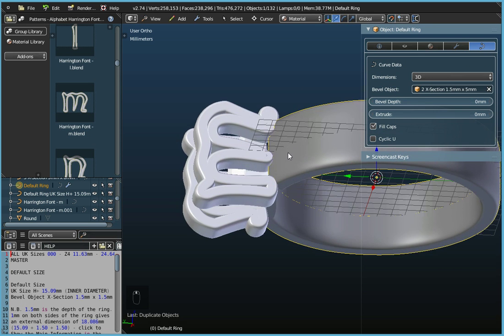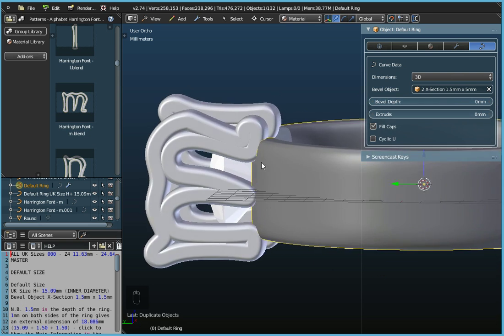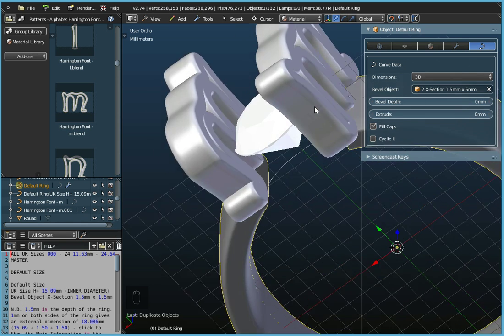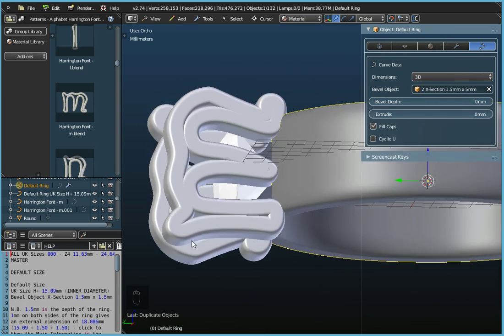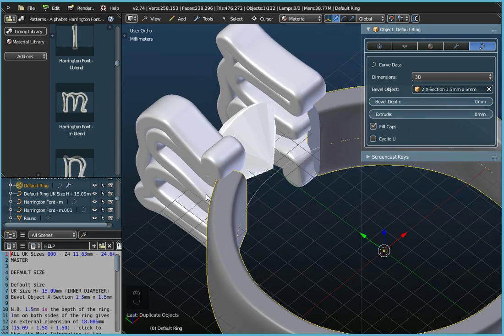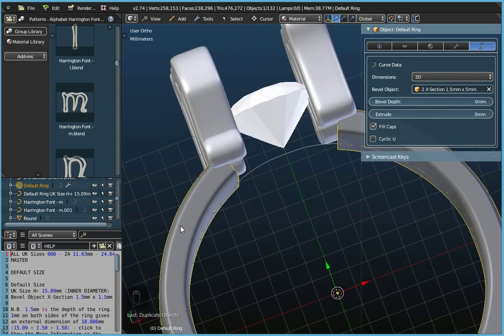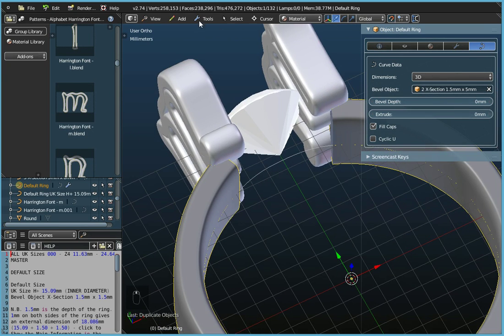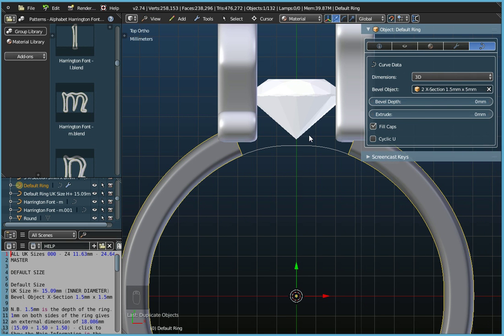Okay, well that's not bad. So you can see it's actually touching all three parts of this M now, which is really what we want it to do. Okay, and so obviously it's going to be symmetrical. It's going to be the same at the other side. Yeah, so that's quite good. Now we could perhaps lower the two M's a little bit so that they're in contact more with the ring itself. So if I just go to view and top view,